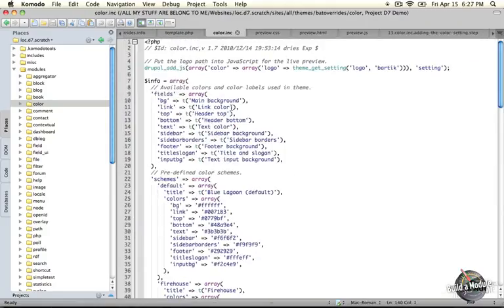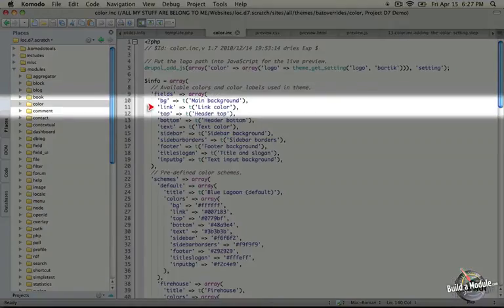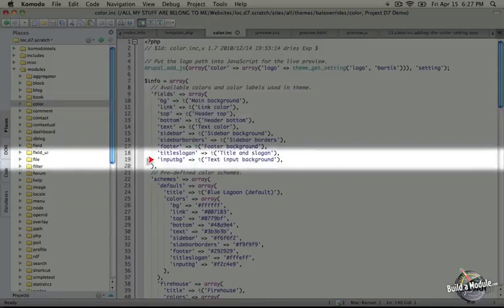I'm going to scroll up. If you remember from the previous videos, this file allows us to specify a set of colors to use as inputs inside of the theme color palette. And so the items here each align with a specific set of elements that will change the color of some part of the CSS, either the background color, the color of the text, or the border color, for example. And what we've done is added one more item here.